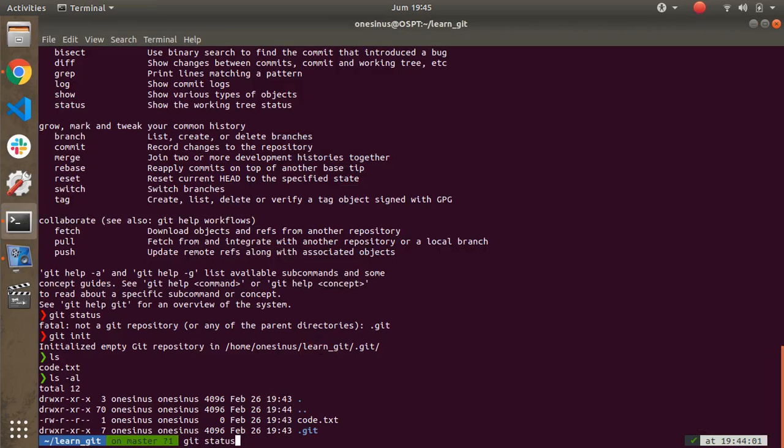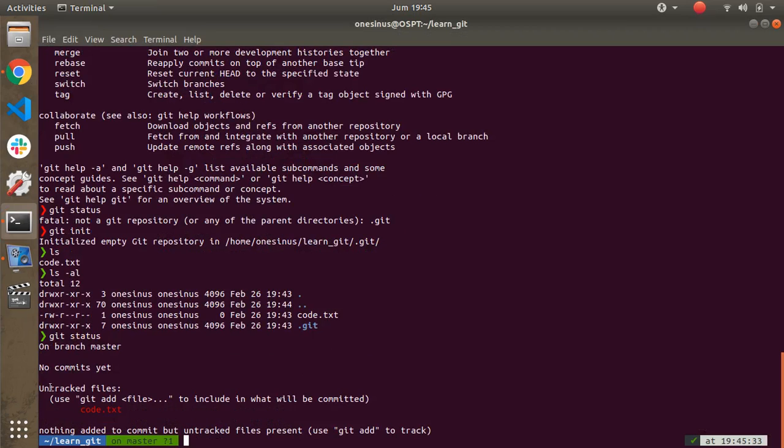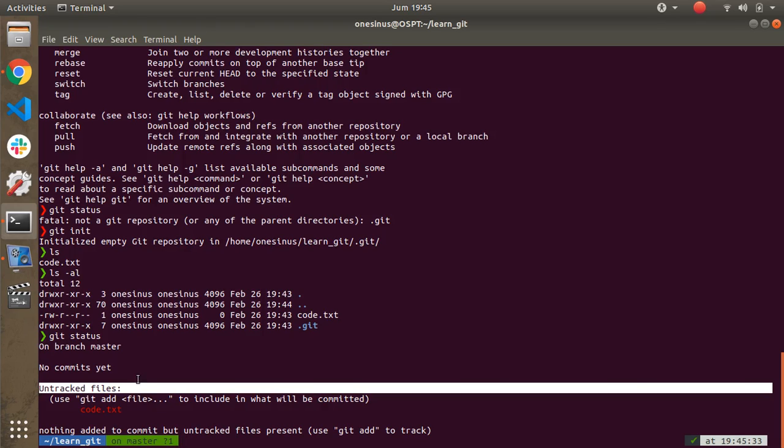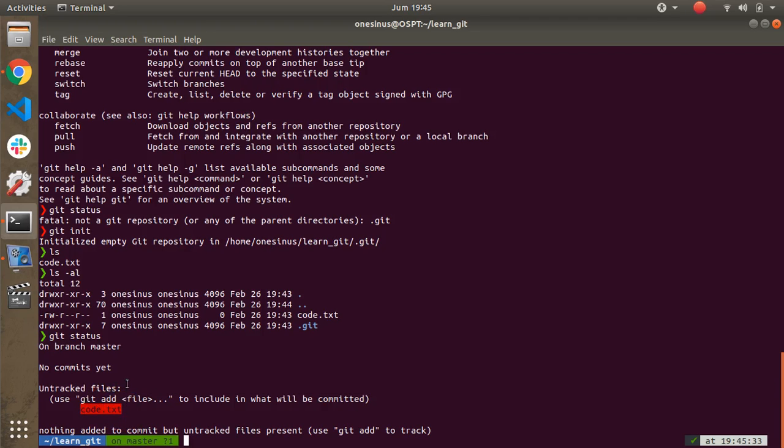Okay, now we can run git status. You can see here untracked file. Every file, every folder, every directory in our project needs to be tracked. If you have never added that file or directory to Git, Git will know that file or directory as an untracked file.